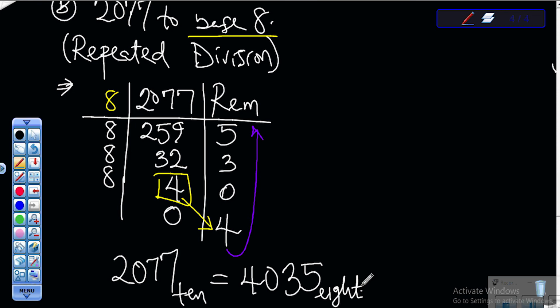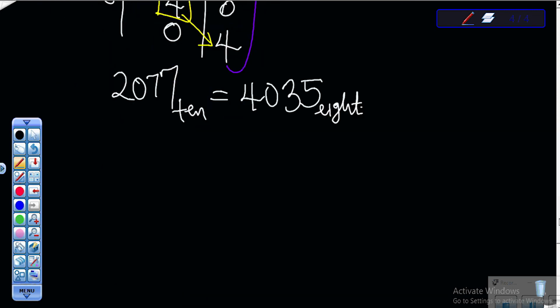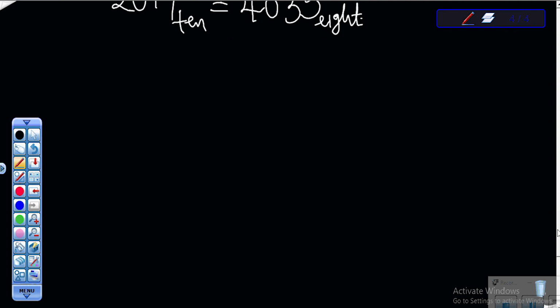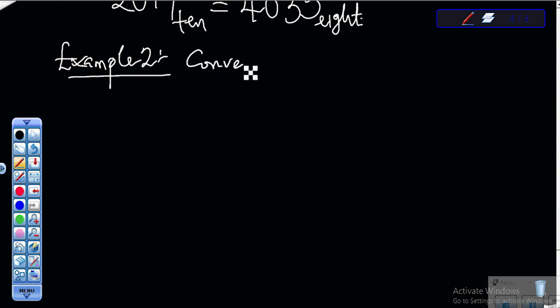Now I'm taking it up to how to use the repeated multiplication method. So I will use just one example to explain the idea of repeated multiplication. Now, the example 2 is going to explain to us how to use repeated multiplication. Let's try to convert